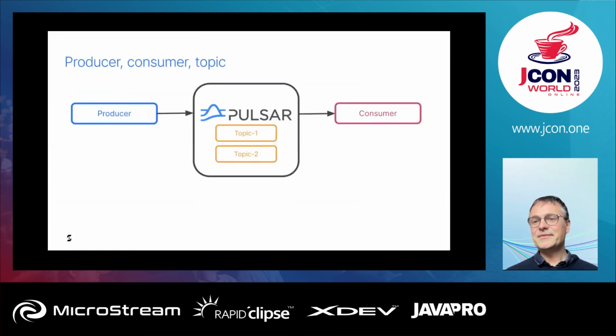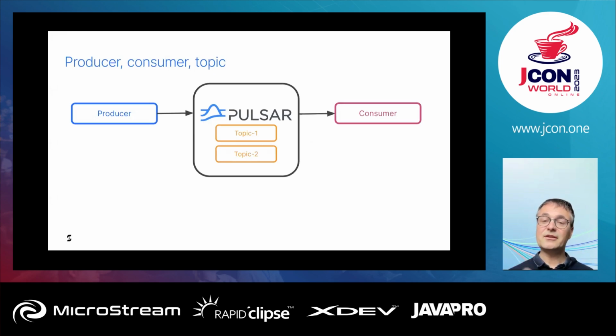There are important concepts to understand here. So let's start with the concepts you can find in most messaging and streaming platforms, right? So you have a producer that sends the data and doesn't know about the consumers or their status. The consumer receives this data from the producer and never directly interacts with the producer because there's the broker in between, and all interaction goes through the broker, here Pulsar, and the broker handles all communication. So the data is sent and stored on topics, and you can find these concepts in most broker technologies.